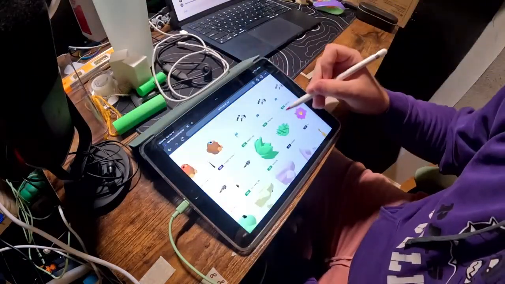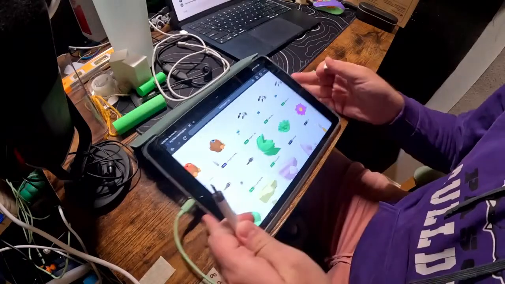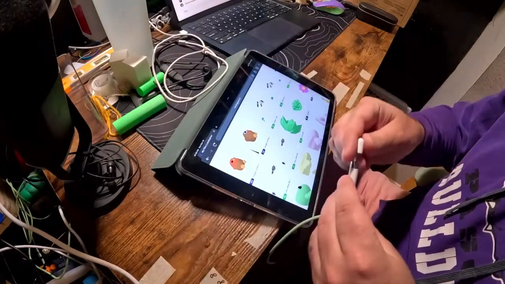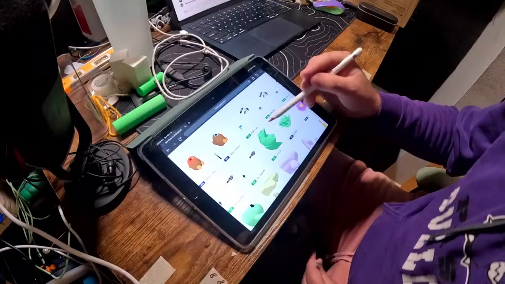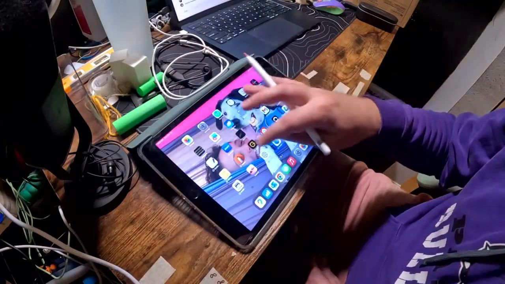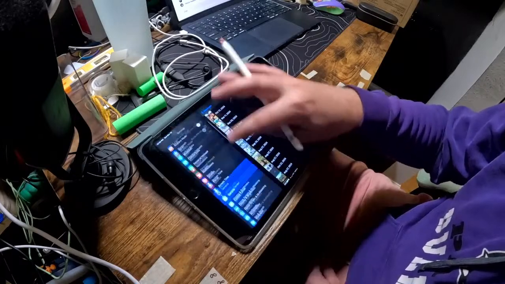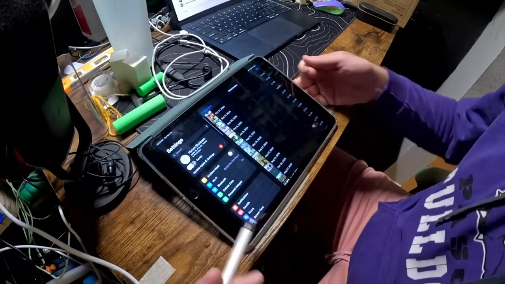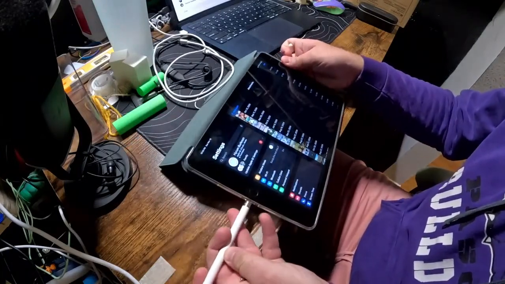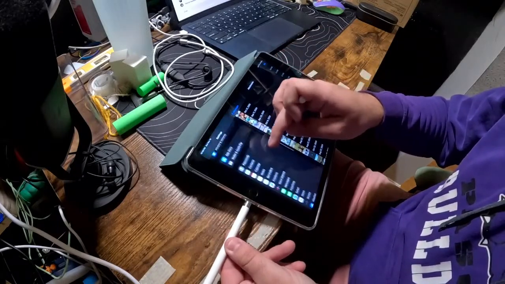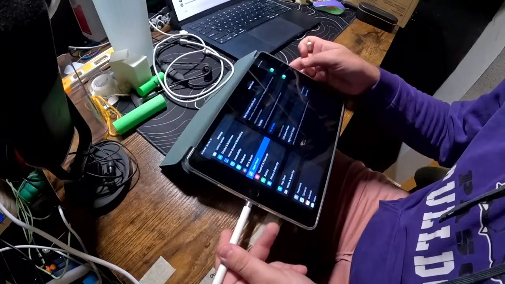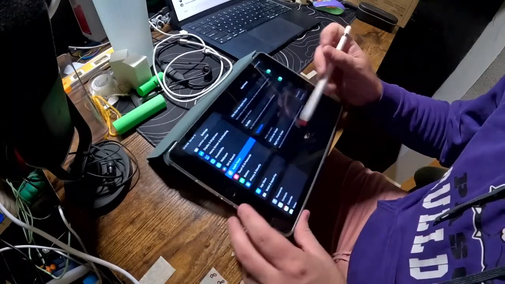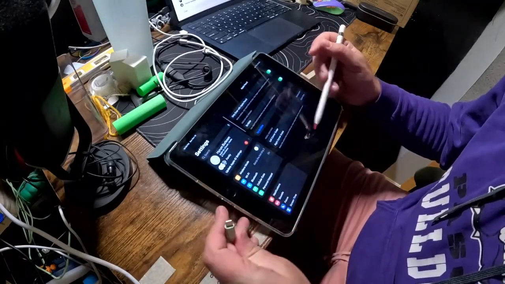I'm going to grab the old Apple Pencil here, and see if it has any charge. And if not, I'm going to go the old finger method here. Oh man, I really hope that it's charged. Yeah, it might be dead. Didn't even think about that. Apple Pencil. Hello?